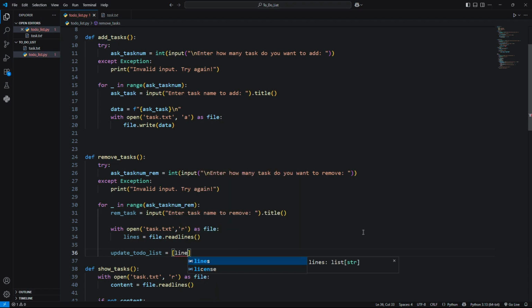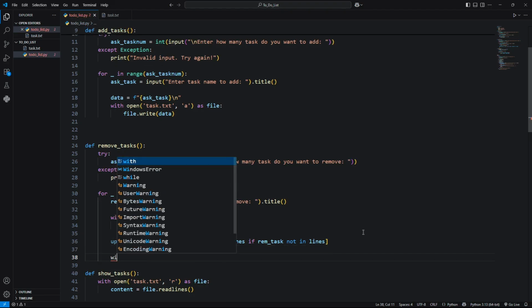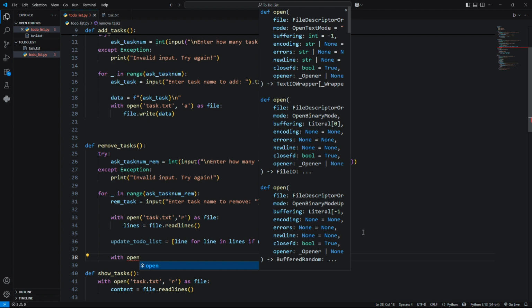So here, a line for line in lines, if rem task not in lines, probably, then with open